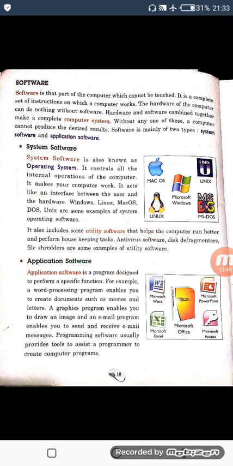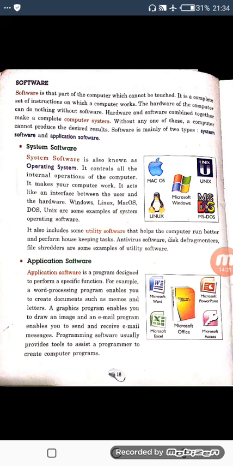application software, which we use to work on different applications. Just like our phone has a lot of applications, we can use Microsoft Word to make documents. Microsoft Word is an application software that is used to create documents.